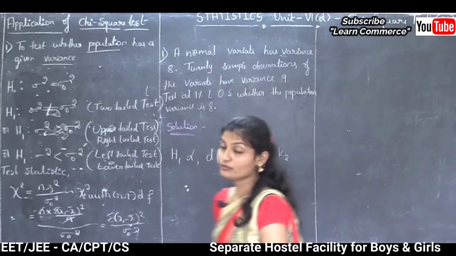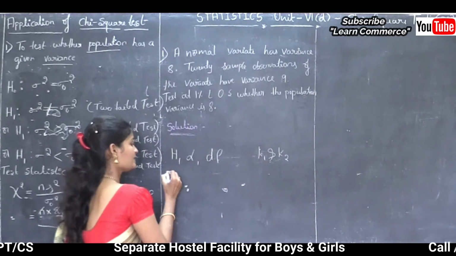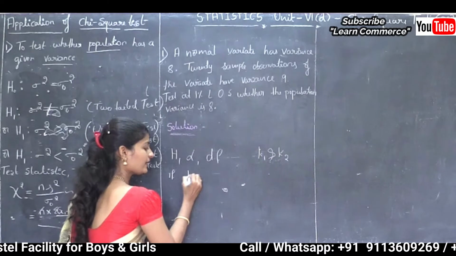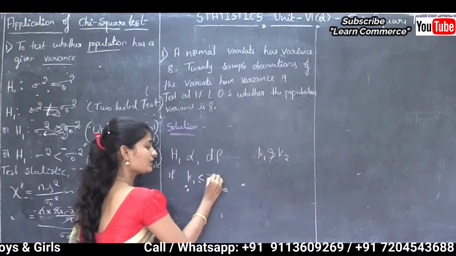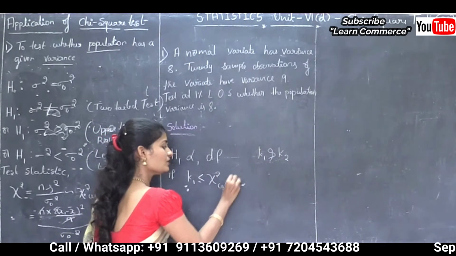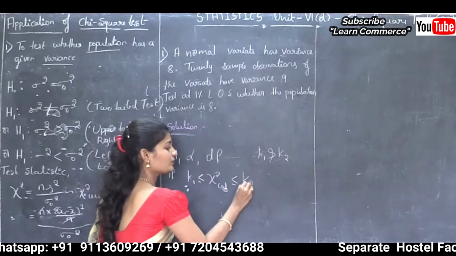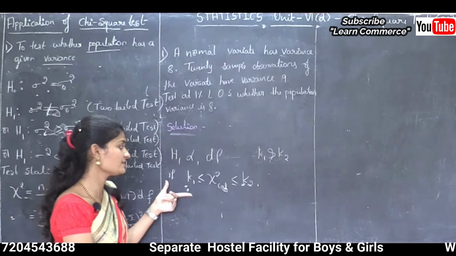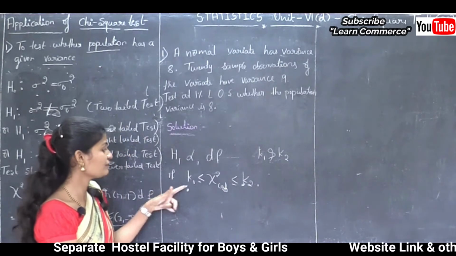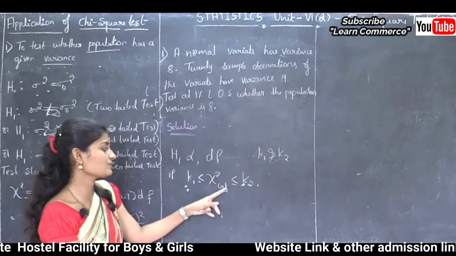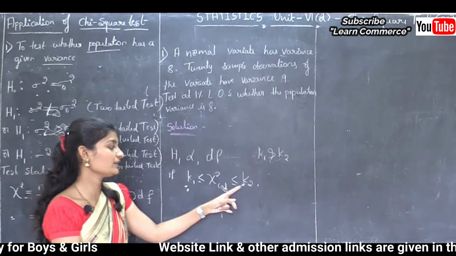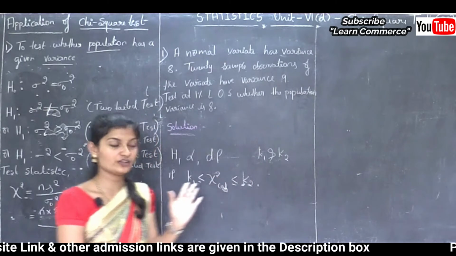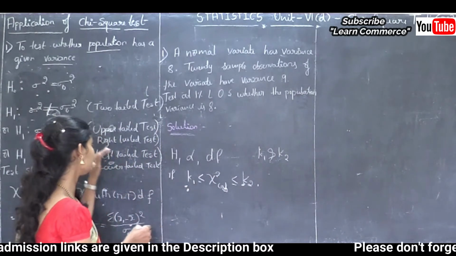See, one more condition is there for that. For a two-tailed test, if k1 is less than or equal to chi-square, this is the calculated value, less than or equal to k2, then H not is accepted. Okay, this is for the two-tailed test. If k1 is less than or equal to chi-square calculated value less than or equal to k2, then H not is accepted, otherwise H not is rejected. Then for left-tailed